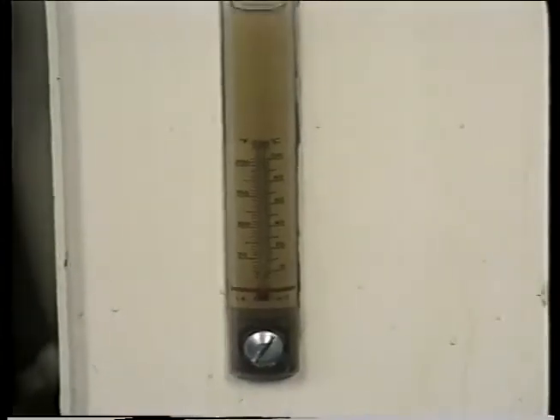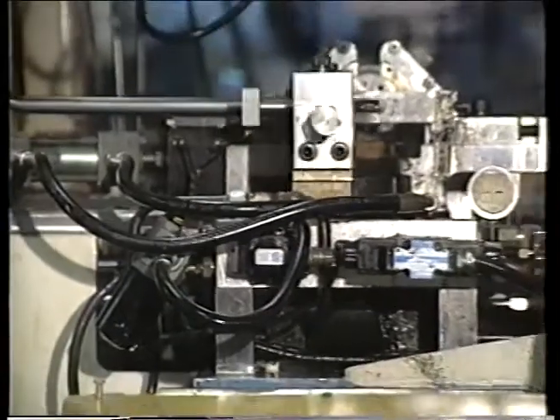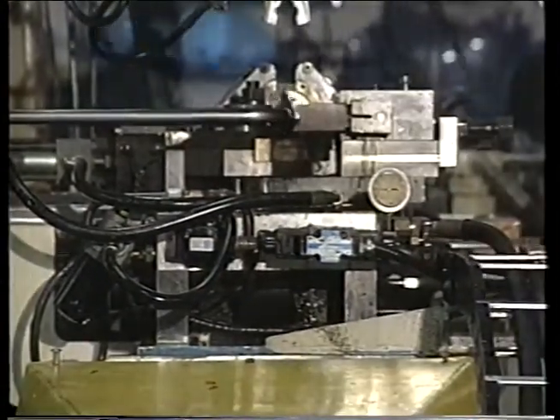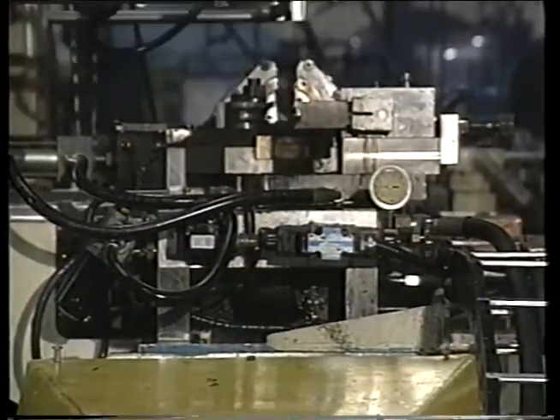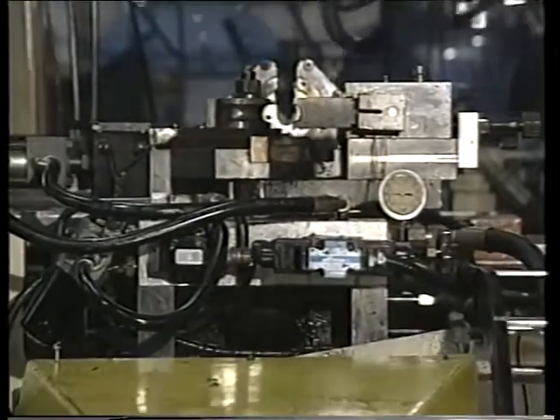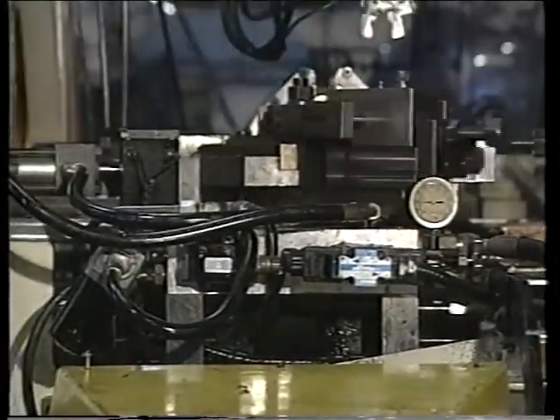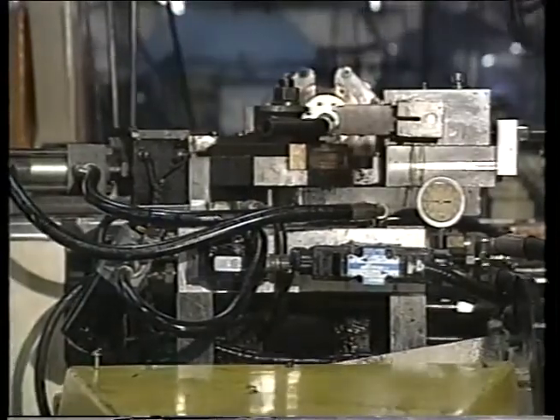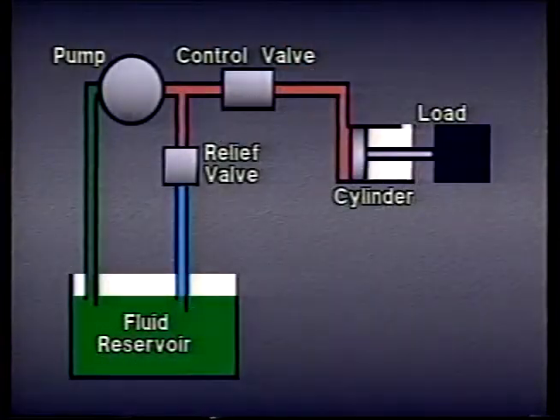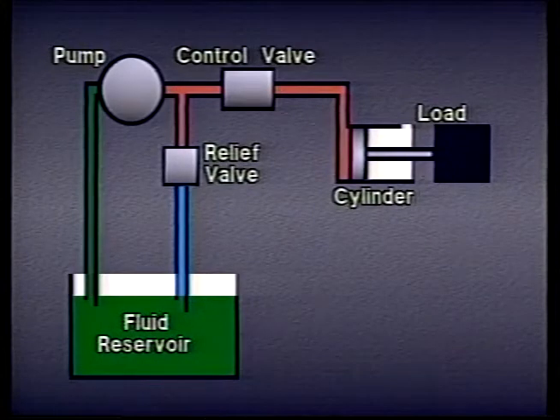In a hydraulic system, energy in the form of a pressurized liquid is transmitted through piping or tubing to the point of work. The working energy of the pressurized liquid is converted to mechanical energy through the use of various types of actuators. However, not all of the working energy in our hydraulic system ends up producing useful work.